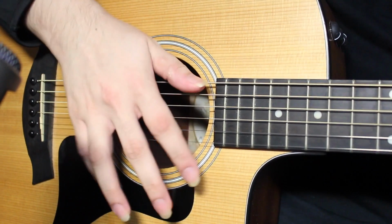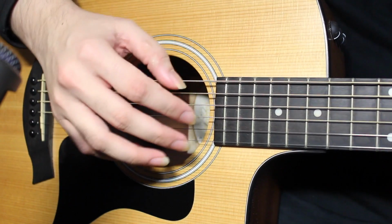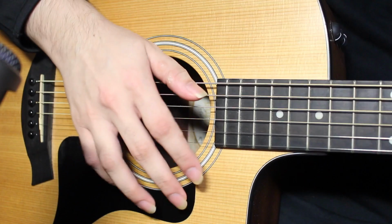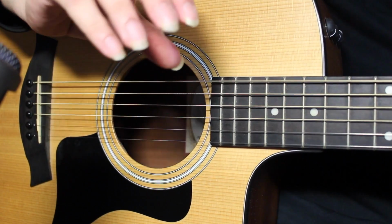Because we're not doing just a thumb slap. We're playing notes right after doing the slap, and we're picking notes and we're picking strings right before we do the thumb slap. So this wrist movement ensures that your hand is never too far away from the guitar. Okay, and if you're doing the arm movement, then you're going away and you're going in, and the tempo of